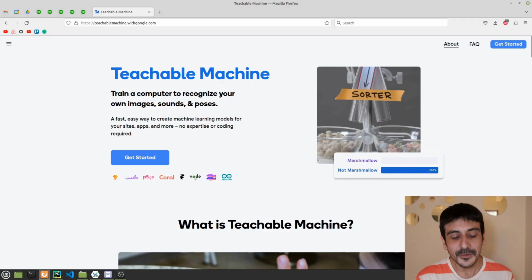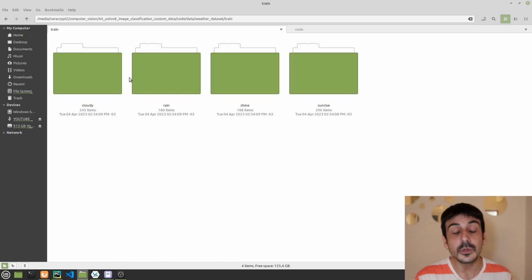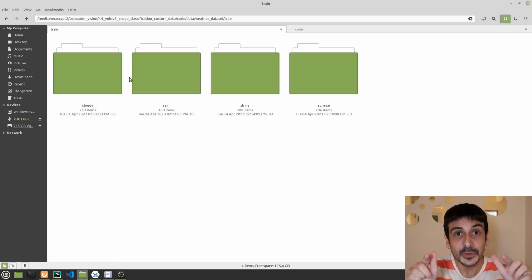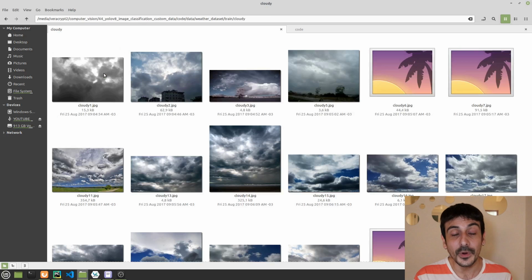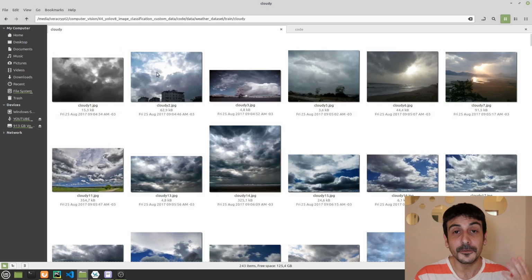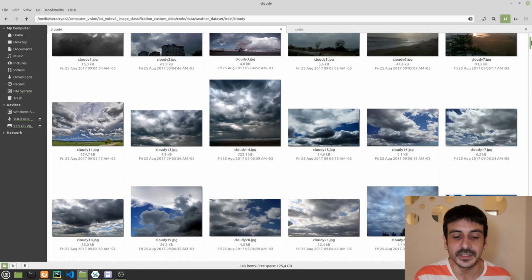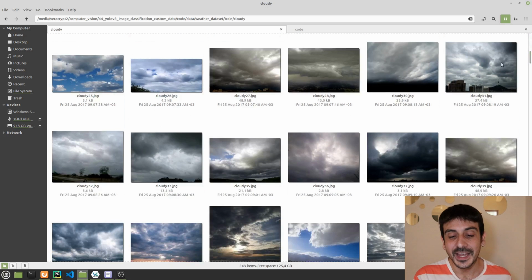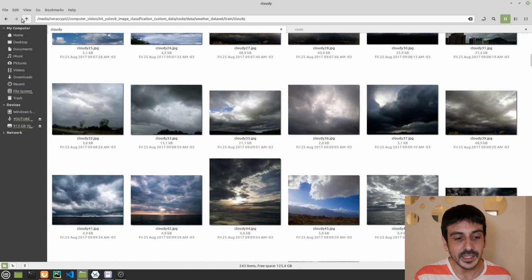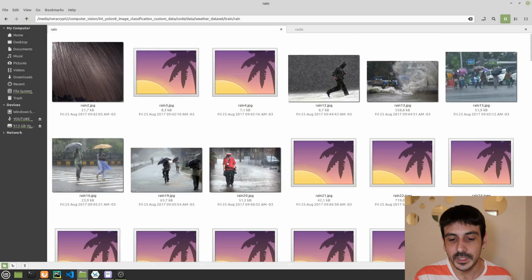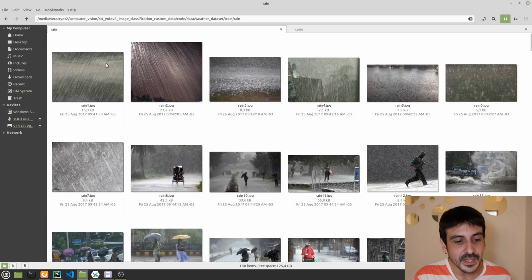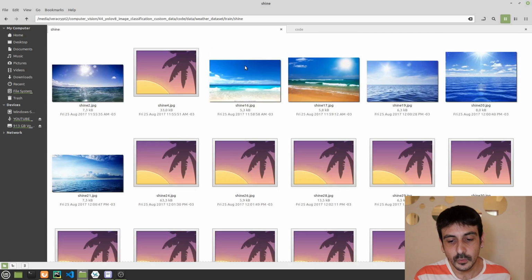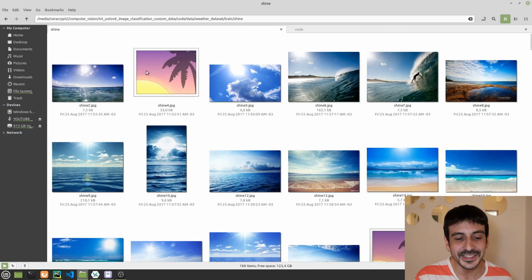Now let me show you the data we are going to use today. We're going to use exactly the same dataset we used in one of my previous videos where I show you how to train an image classifier using YOLO V8. We're going to use a weather dataset, and these are the 4 categories we have in this dataset. The first category is cloudy, and you can see how the images look. Now if I go to the other category, it's rain, and you can see that these are pictures of super rainy days. Now if I go to shine, which is the third category in this dataset, you can see that